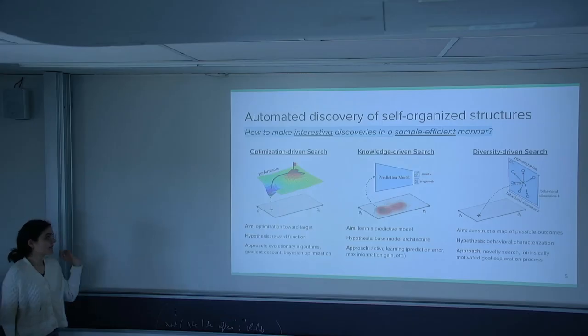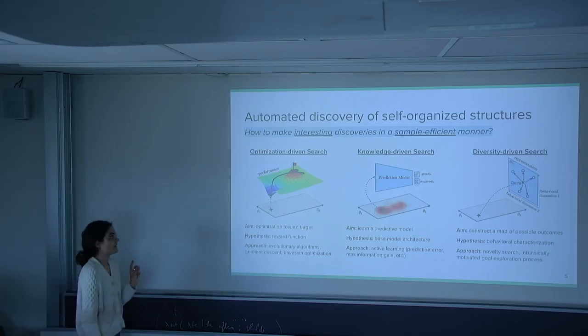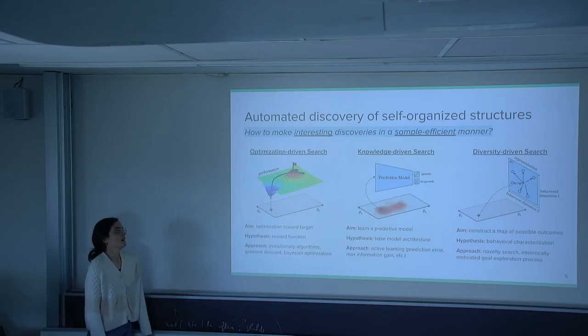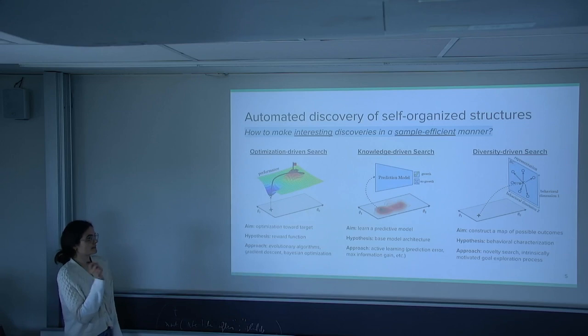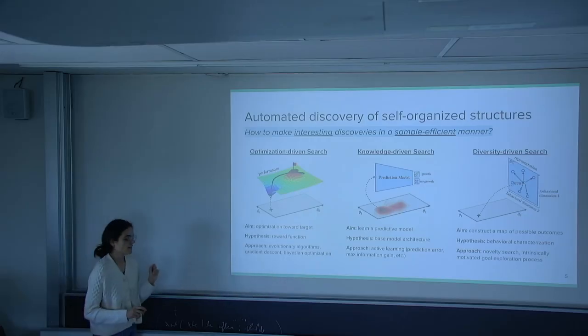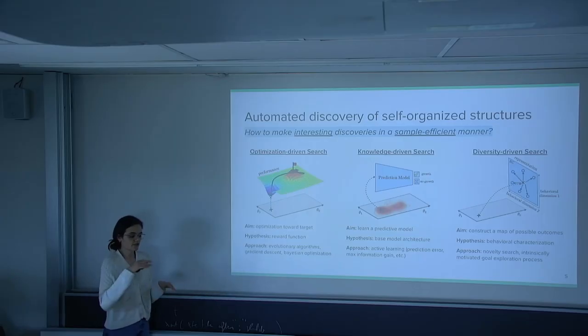And so when you look at the literature of existing approaches that try to address this automatic discovery problem, you usually find these three big families of approaches, even though I would say that more than 99% of them fall in the first two categories. So the most common one is optimization. Here, you usually have a clear target in mind, and you're going to use your experimental budget to try and find parameters that get you as close as possible to this target.